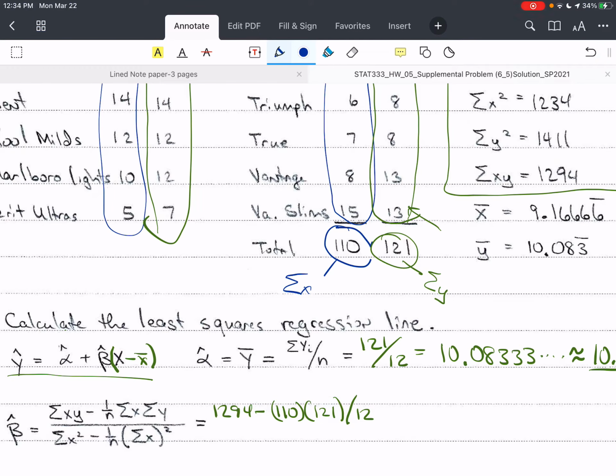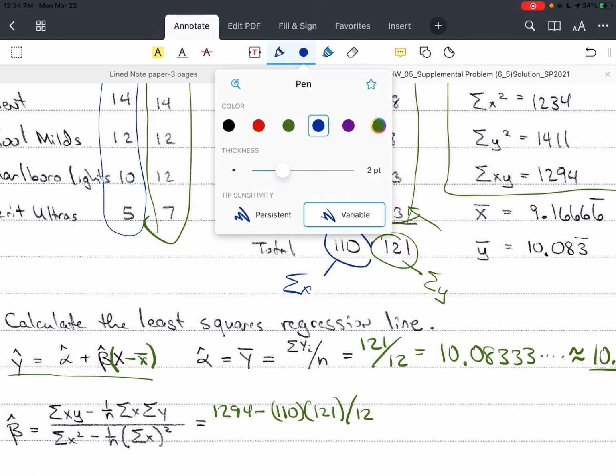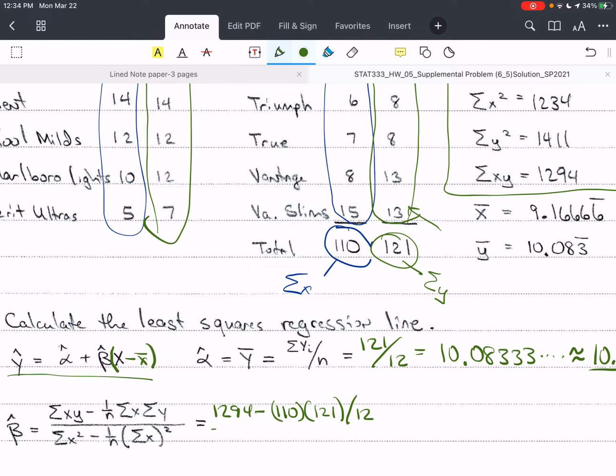So let me get rid of the scribbling. There we go. Back to green for now. And then this will be over. Sum of x squared is 1234 minus 110, which is the sum of x, 110, not 100, divided by n, which is 12. And this gives us,